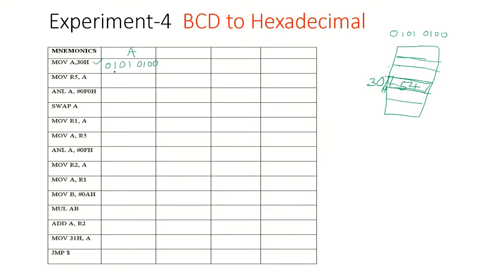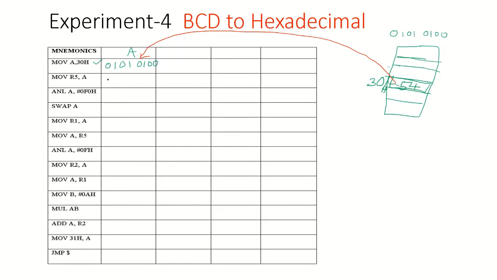This is the number available in the accumulator because of this instruction. It is moving the number from 30h. This 54 is moved into the accumulator.